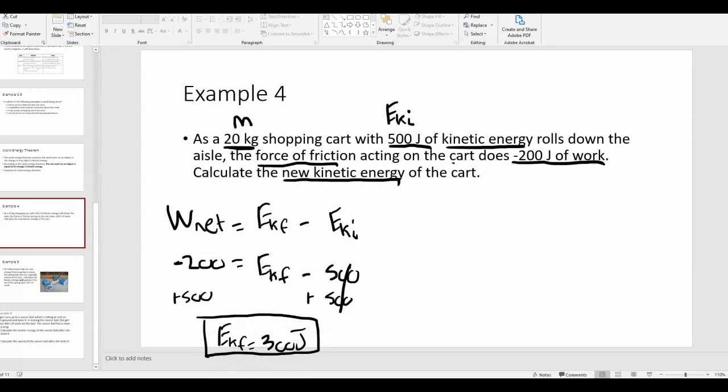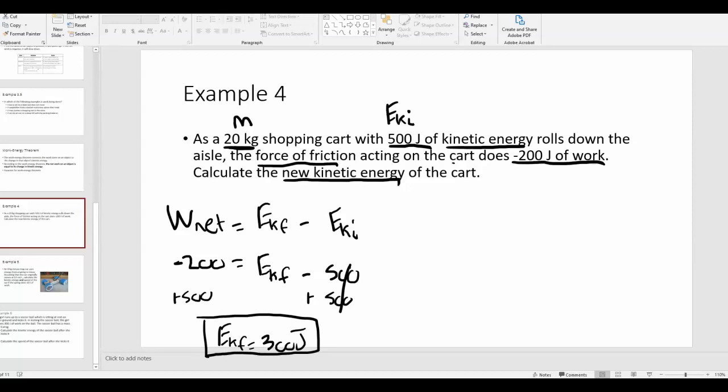Okay, so this is a problem that you would solve using the work energy theorem, but you could solve it much faster if you just understood the concept of work. Okay, so remember, when we talk about work being done on an object, we're talking about either energy being gained or lost by the object. So when it says friction does negative 200 joules of work, that's basically the same thing as saying friction is going to take out 200 joules of energy. So think about it like this. If I have 500 joules and I take away 200 joules, then that leaves me with 300 joules,